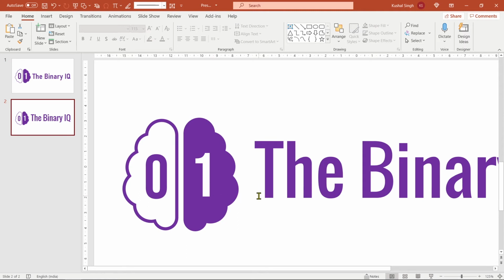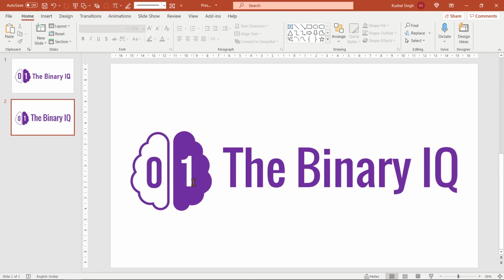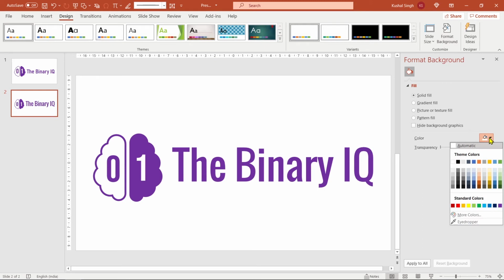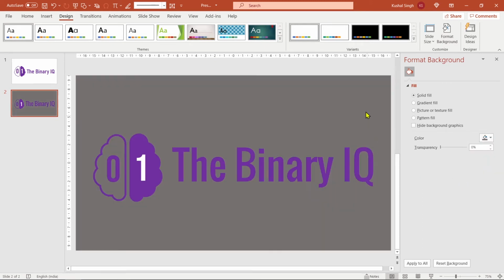So now you may feel that we are done with the work, or at least the logo part of it. But the only issue right now is that this one is not transparent. What I mean by that is, for example, if you put this logo on your header on a white background, it would look very nice. However, if you wanted to have your background a bit darker, if I go to design and change the background and I change the color to say a little bit of a gray color, you can see everything is looking perfect except this one, because this one is a text with a color of white. All I need to do is create it as a shape which sees through this shape.